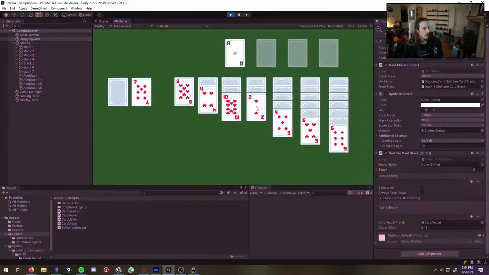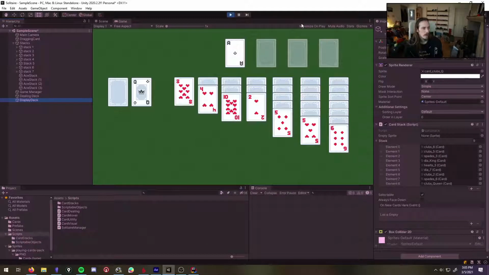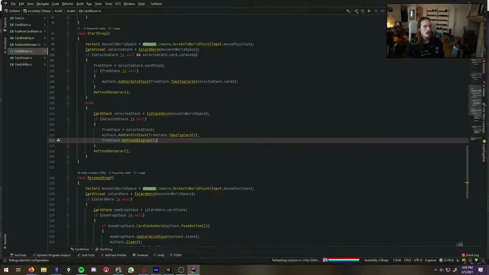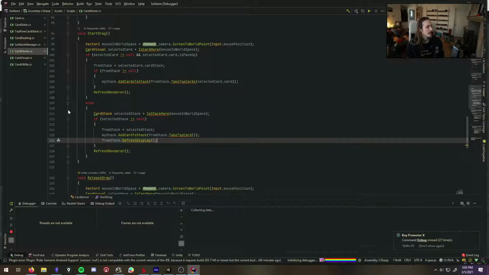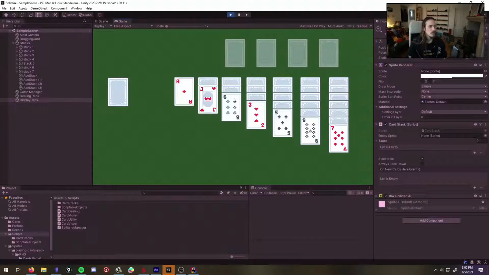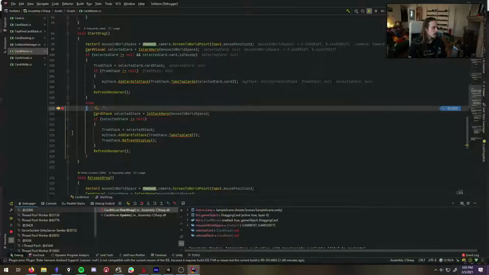It is not working. Why not? That is a Cardstack. Time to debug. Not something I wanted to do in this part. We'll do a little debug statement, see if this code gets run when we click on it. The reason it might not... Am I frozen? The reason it might not